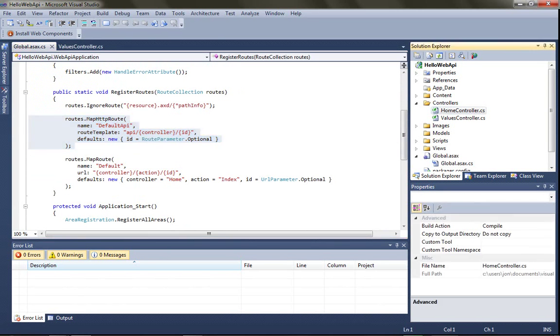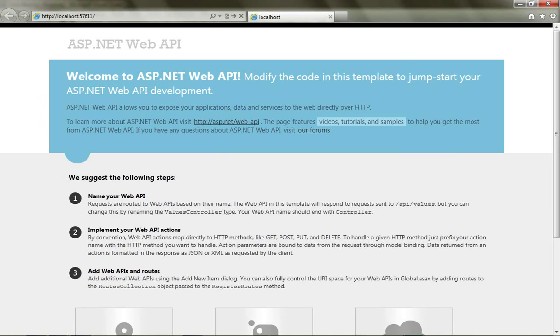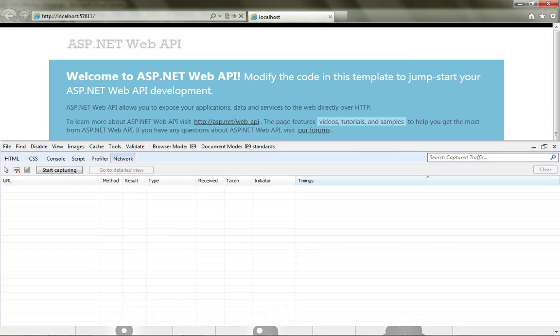We've got our standard home controller built into the application, and so I can run this and I'll see the home controller's index view. Now, you're not going to browse directly to your Web API's output, but you can see what it's doing using the developer tools. So I'm going to hit F12 to launch those. I'm on the Network tab, and I'll hit Start Capturing. And then I'll browse to